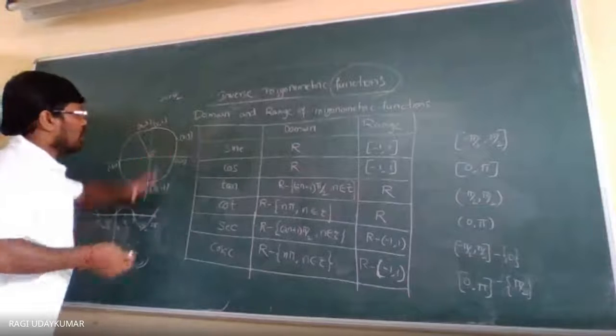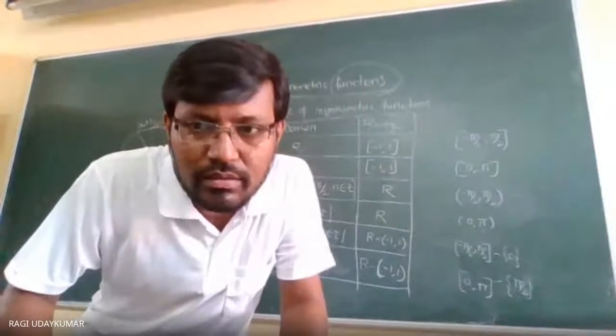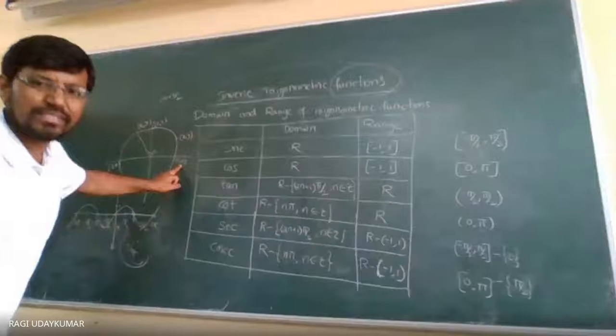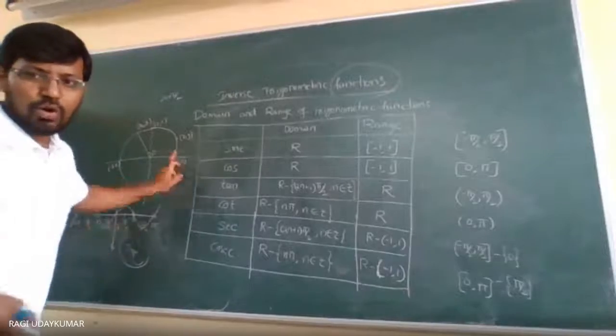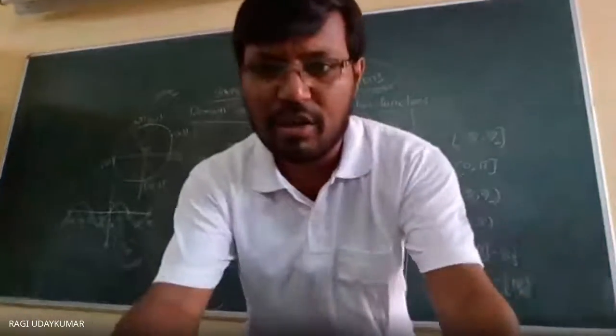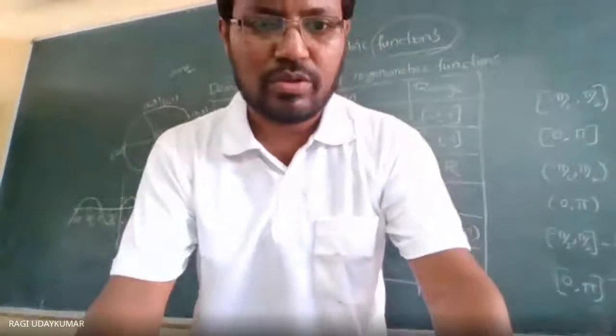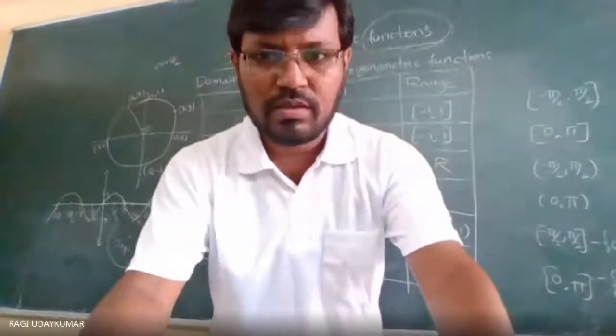Okay, so now here cos is nothing but only the x coordinate. Hello, sir. Yes, sir. Can you please tell the coordinates of that circular system? Coordinates of circular system means... Sir, it is not visible to you. Yeah, it is not visible actually. I have taken it as 1 comma 0. Okay, let me move this camera a little bit forward, so that I think you will be able to see. Is it clear now?